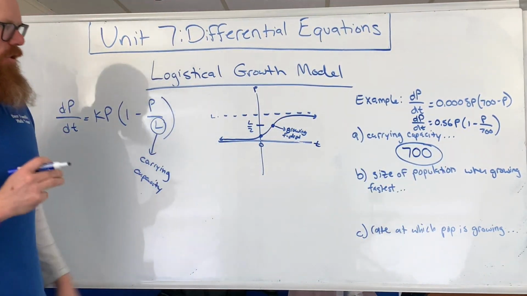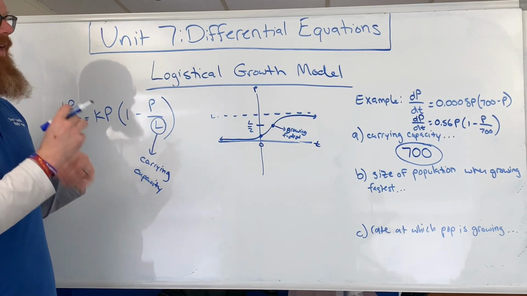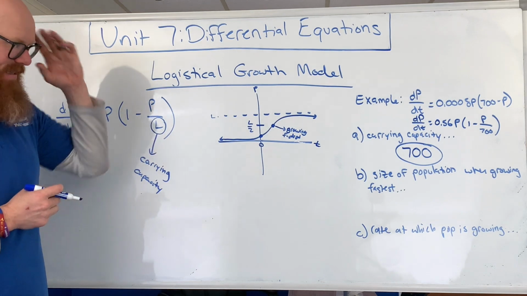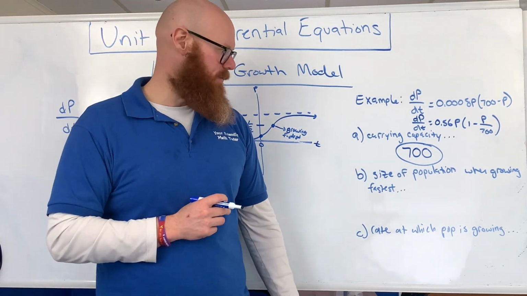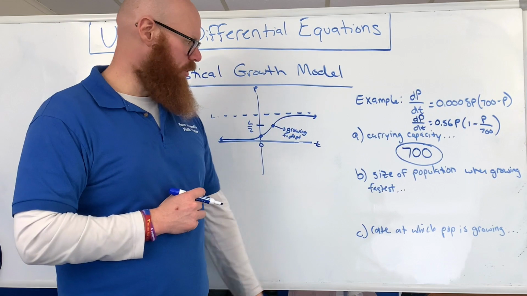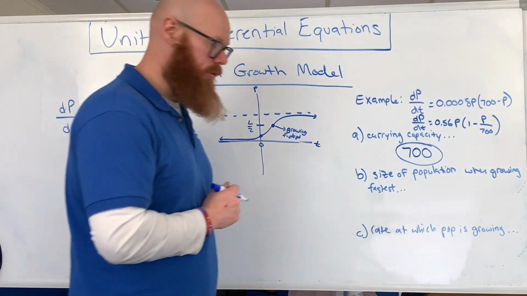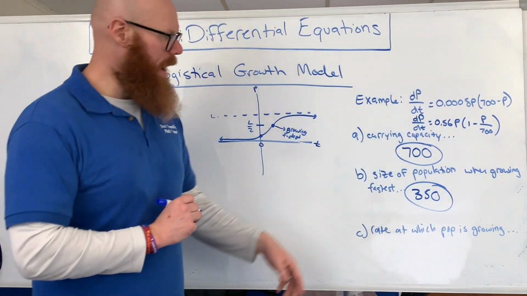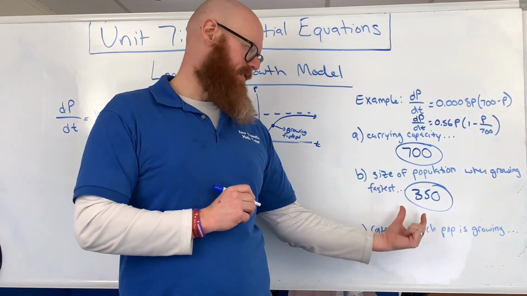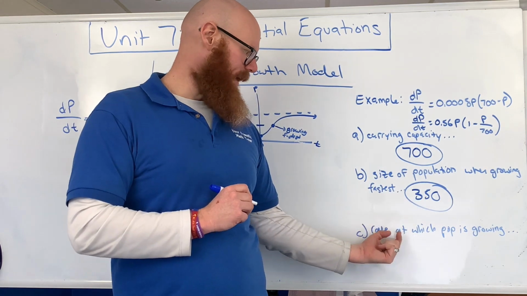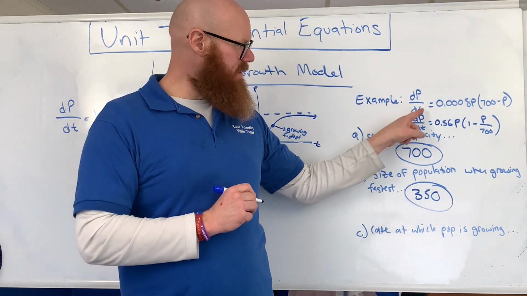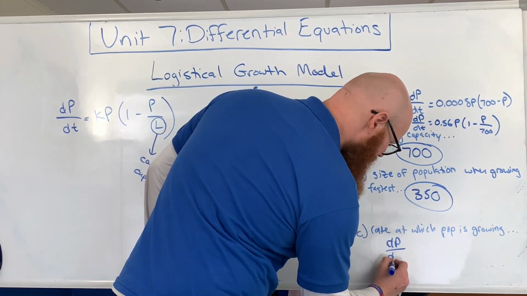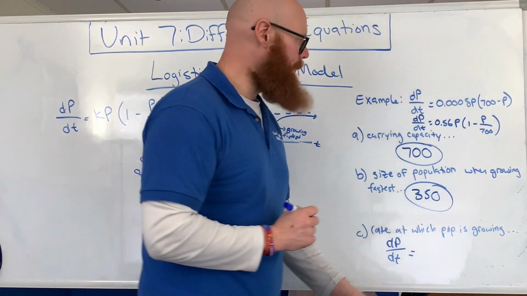So one major thing is to be able to just rearrange the differential equation to get it to look like this so that you then can easily just see what the carrying capacity is. Now, the size of the population when it's growing fastest, we just talked about that. That's just L over 2. So that's going to be 350. And then the rate at which the population is growing the fastest, the actual rate, is just plugging 350 into this equation. So it would just be dP/dt equals, well, what happens